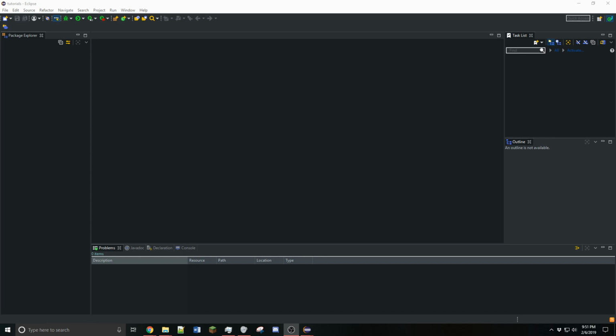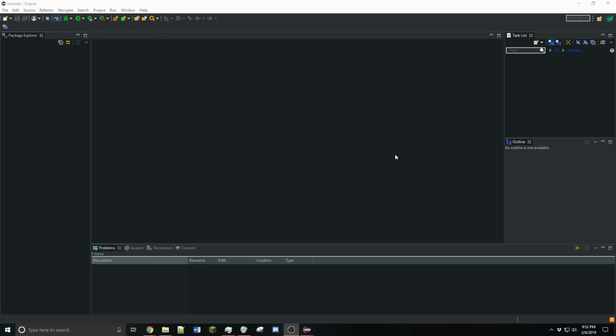So to get started, I'm going to make the assumption that you are a semi-competent computer user and that you know how to install programs. You'll need to install Java, obviously, as well as the Java JDK, which you can find both those by just searching them on Google. I will be using Eclipse Oxygen as my Java editor, and that's what I'm in now. You can also just find that online. Anyway, to get started,